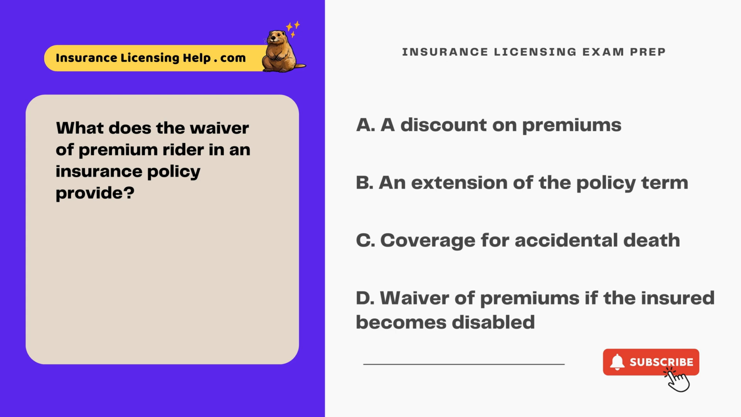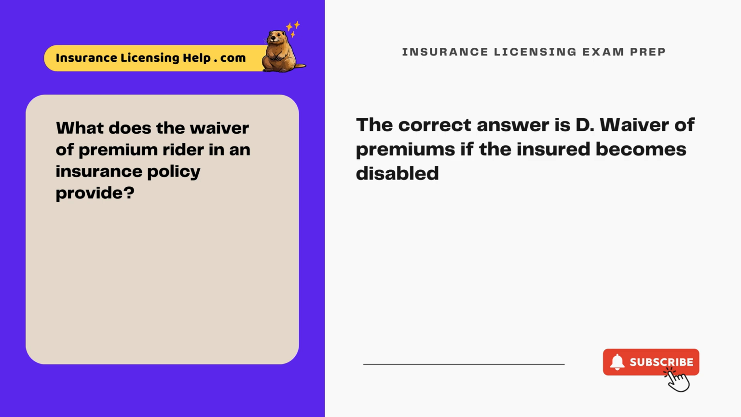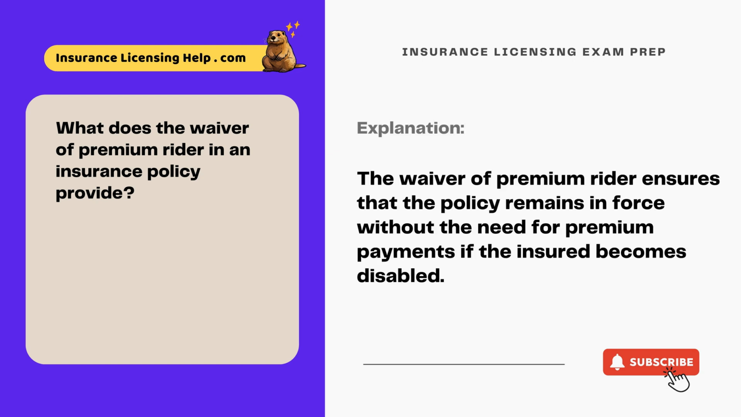What does the waiver of premium rider in an insurance policy provide? A. A discount on premiums. B. An extension of the policy term. C. Coverage for accidental death. D. Waiver of premiums if the insured becomes disabled. The correct answer is D. Waiver of premiums if the insured becomes disabled. The waiver of premium rider ensures that the policy remains in force without the need for premium payments if the